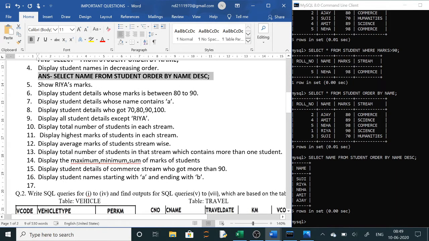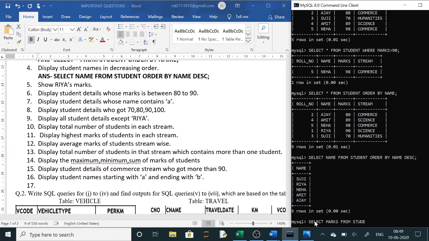Now, show Riya's mark. Clear? Now only Riya's mark I have to show. So what do we normally write? To show we have to use select. You have to show only marks, so only marks you have to write, from table name student.